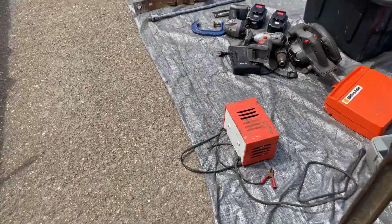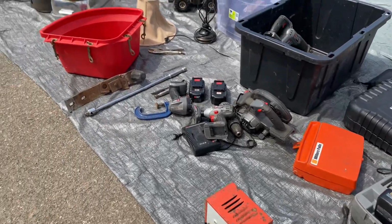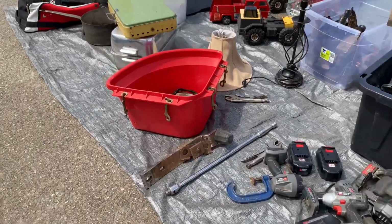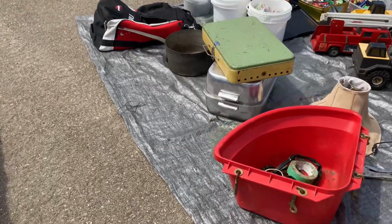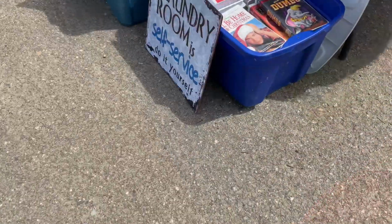A lot of people had tools for sale, so I guess maybe not that old. Some of it didn't look that old. A green and yellow suitcase looking thing is actually an old camp stove. I thought that was cool, but I stopped filming because people came over, so I didn't want to,